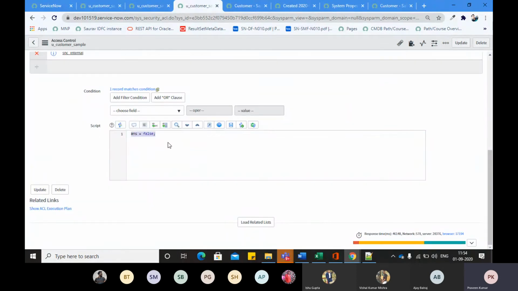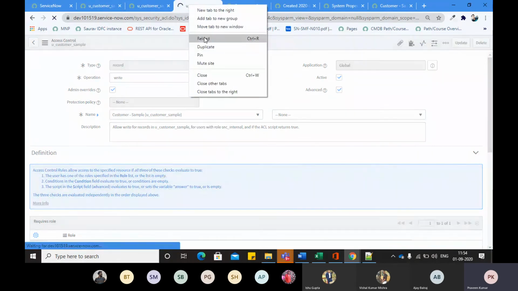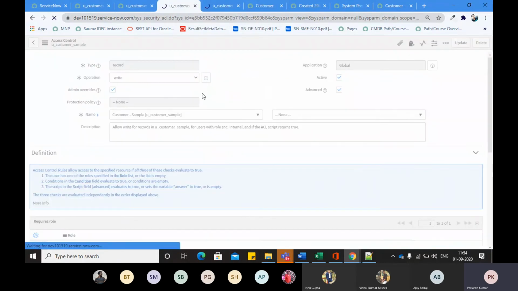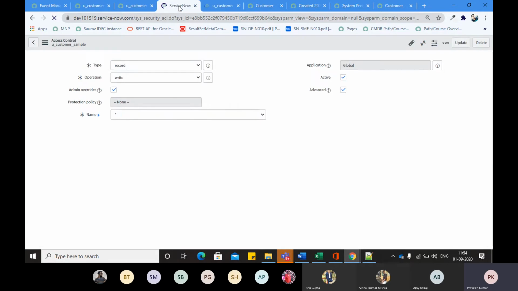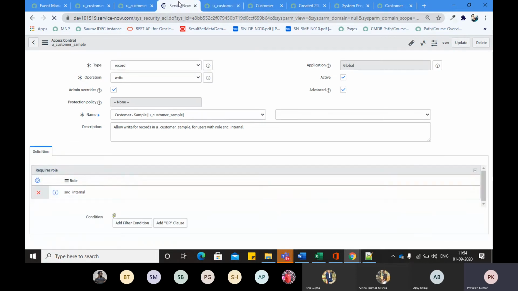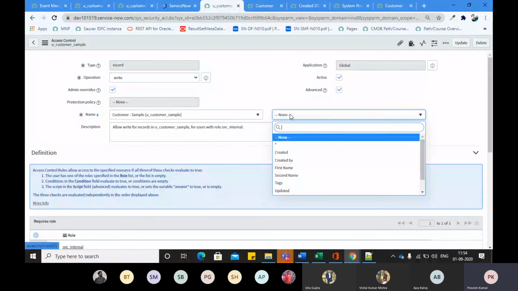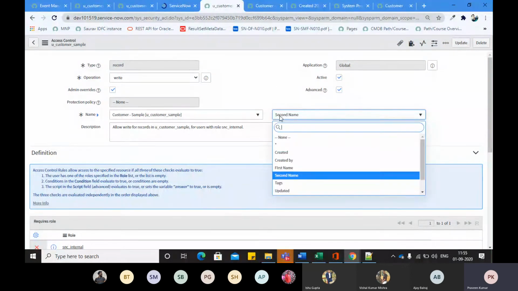Remove it. Save it. I will create a new ACL. So this ACL is basically telling that on this table you can write, you can create, and you can update on all the fields. But I want that on a particular single field you can't do anything. So for that purpose, I will create a new ACL. For example, on the second name you can't do anything, or on the first name you can't do anything.